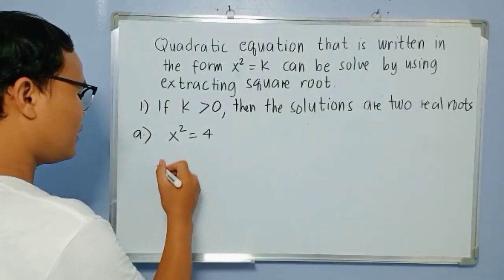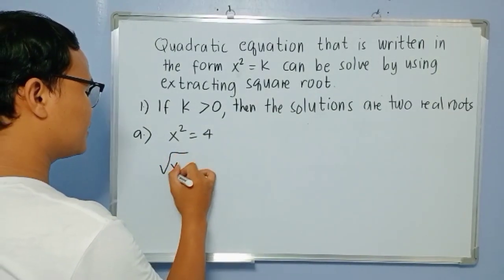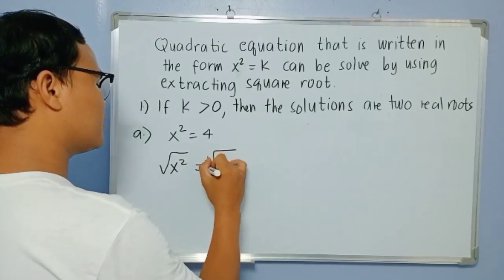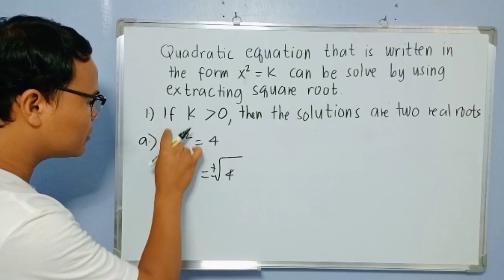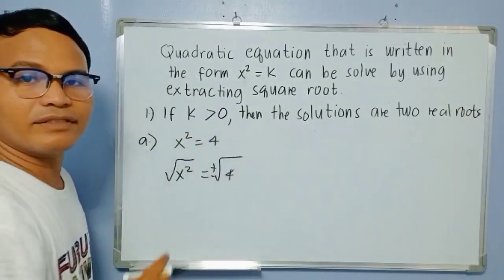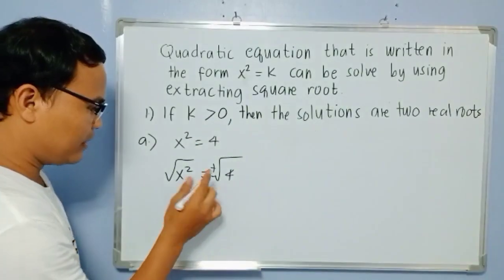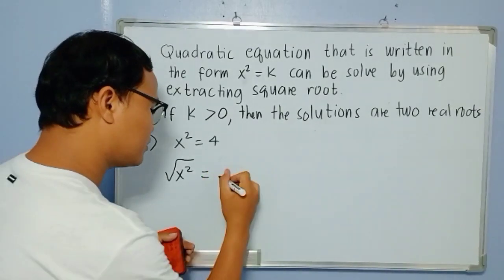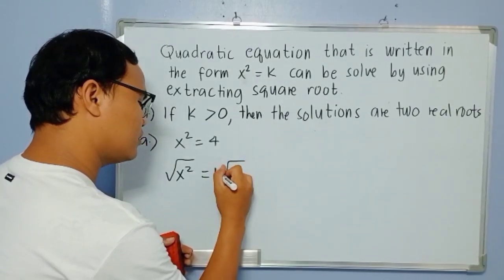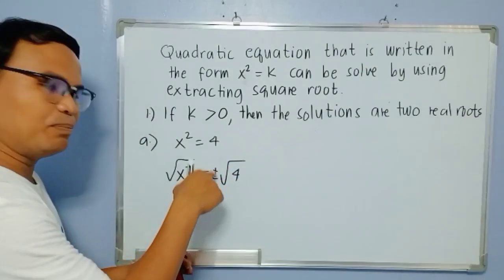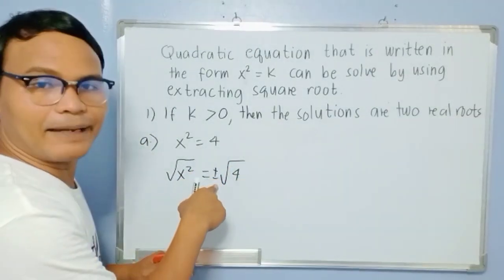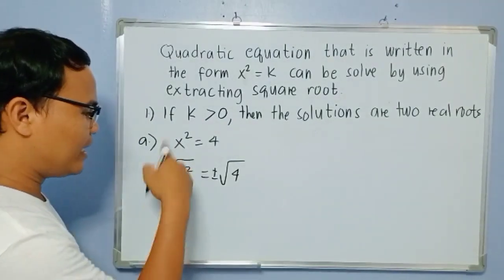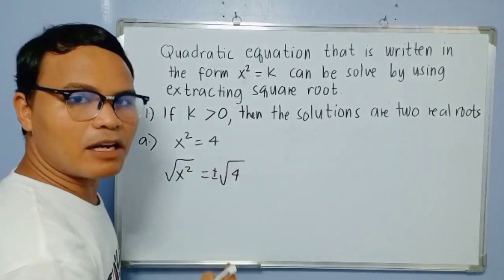Simply extract the square root of both sides of the equation. And do not forget, when you extract square root, we should put a positive and negative sign. Okay? Now, after extracting square root,